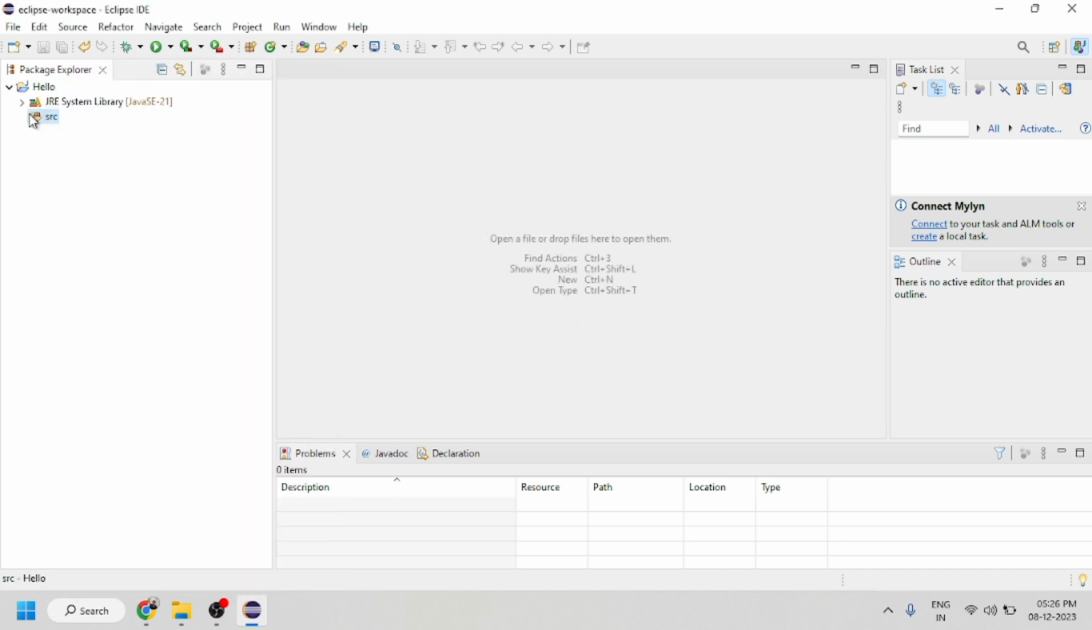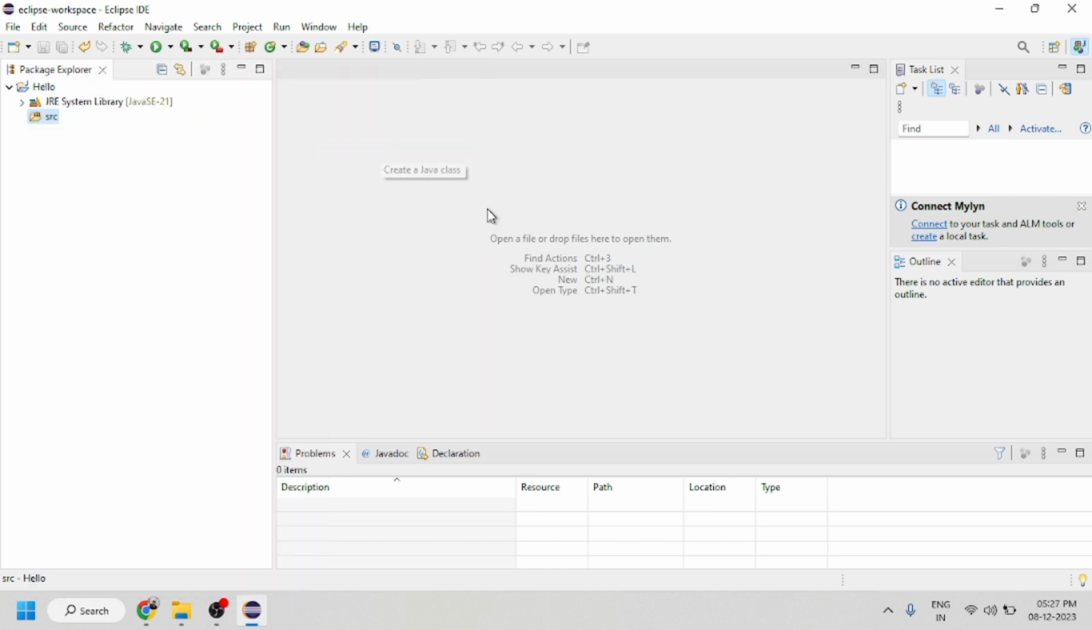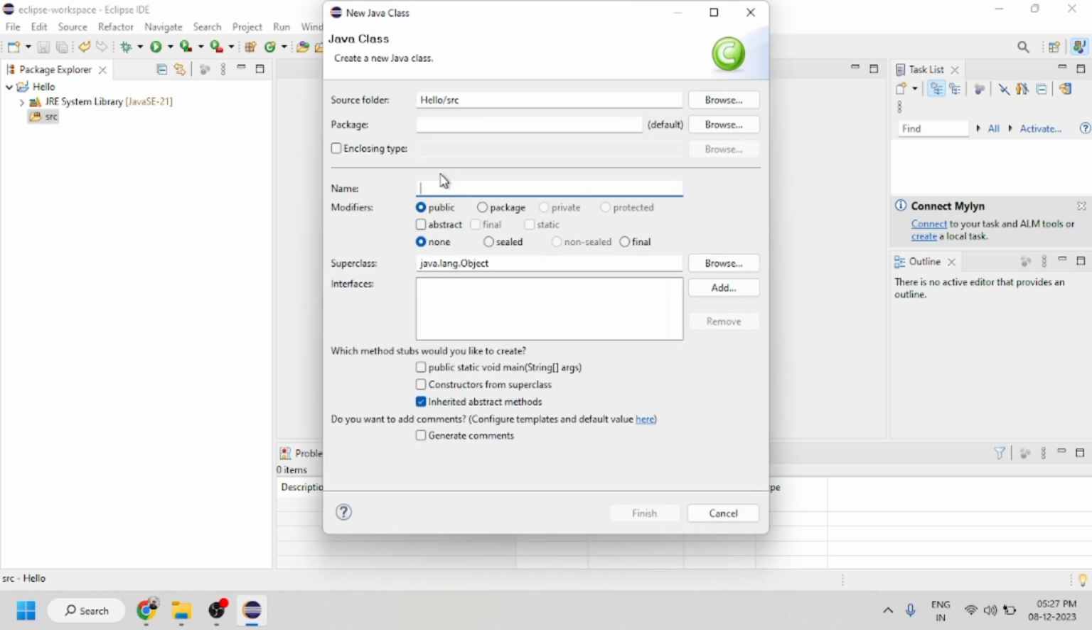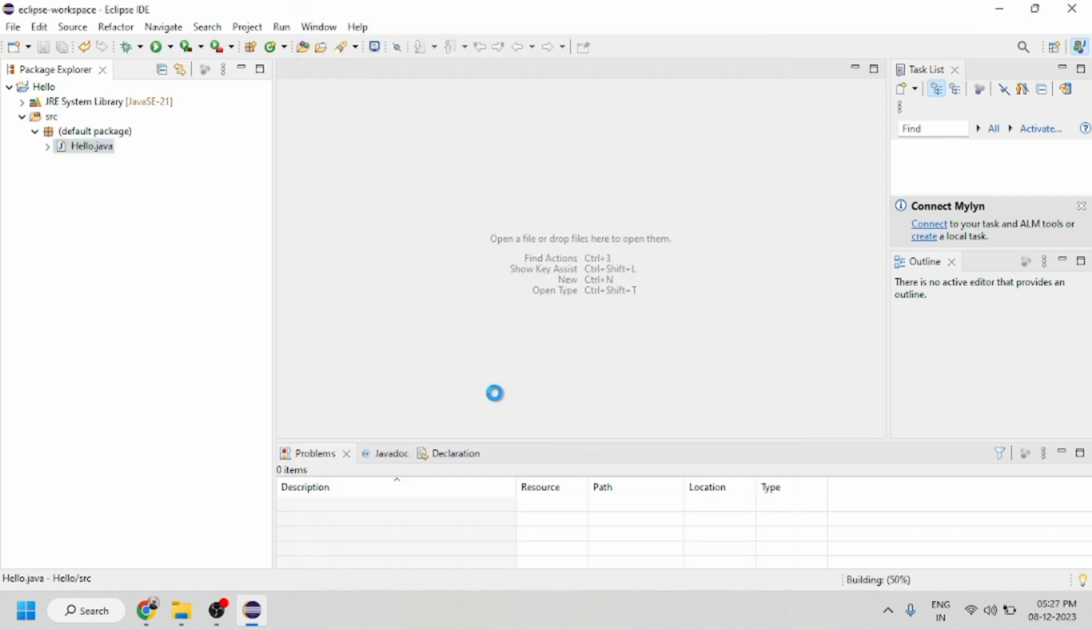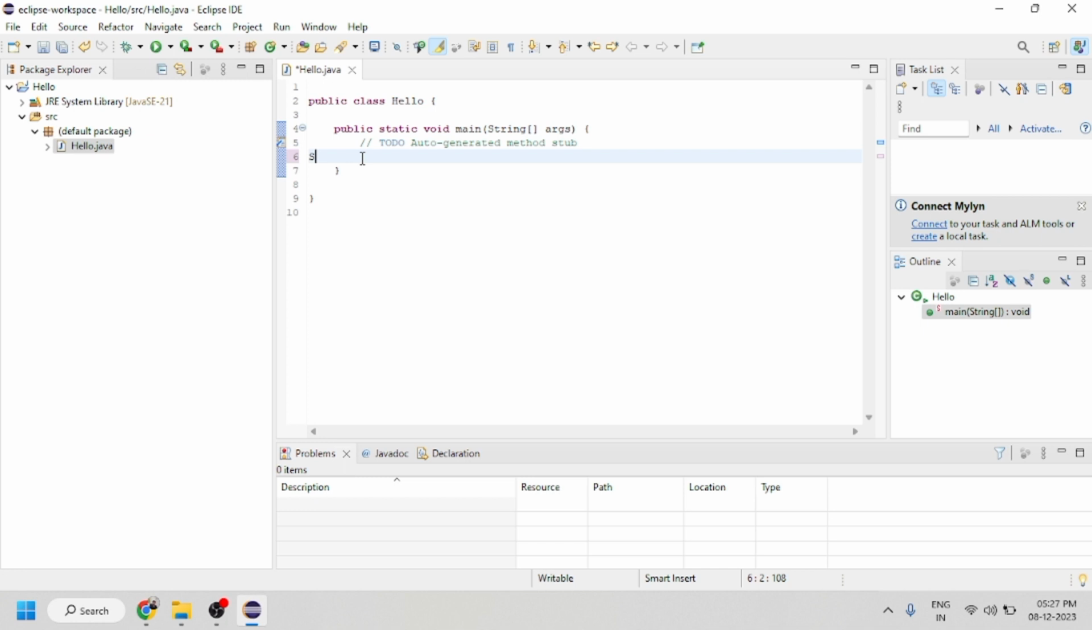Okay. After that, select the src folder and right click your mouse button, then click on new and then add the Java class. So click on class. Here type the class name and then check the main method, then click on the finish button. After that, one Java file will be created and by default one class and the main method will also be added. So here write your simple